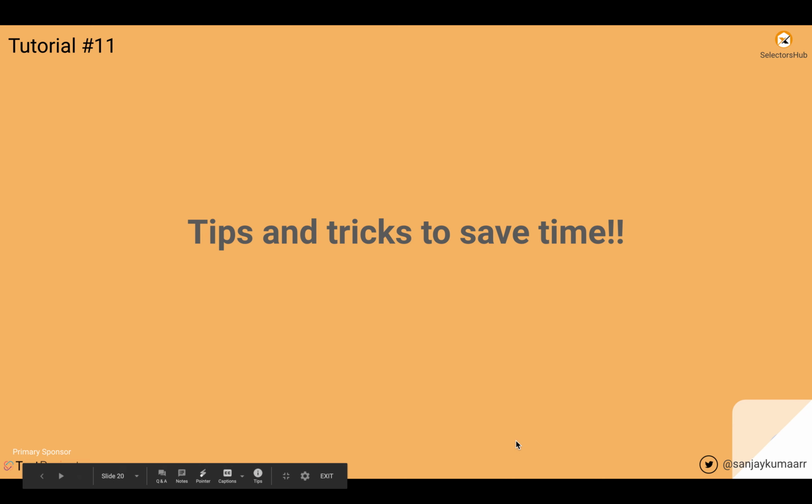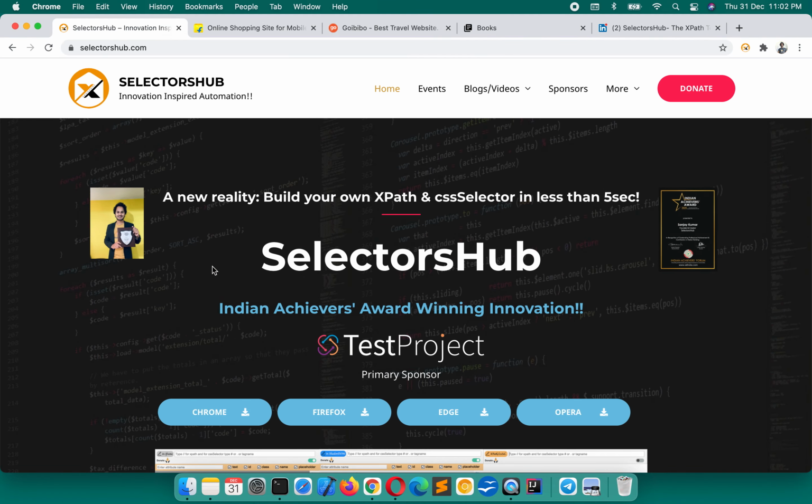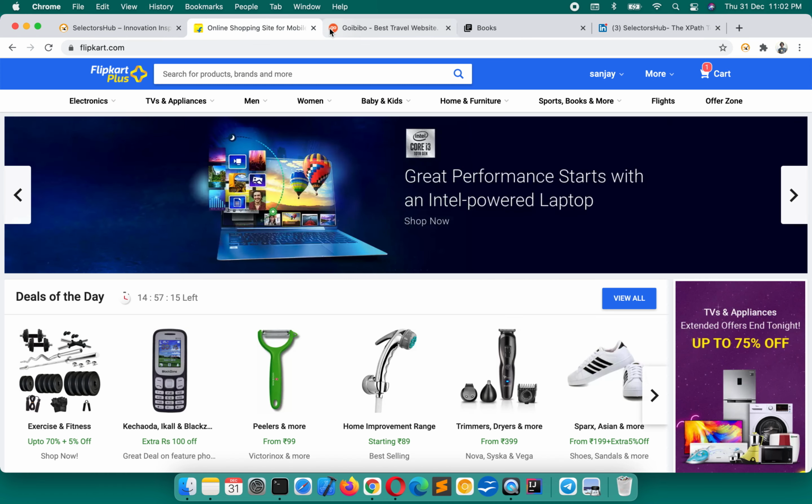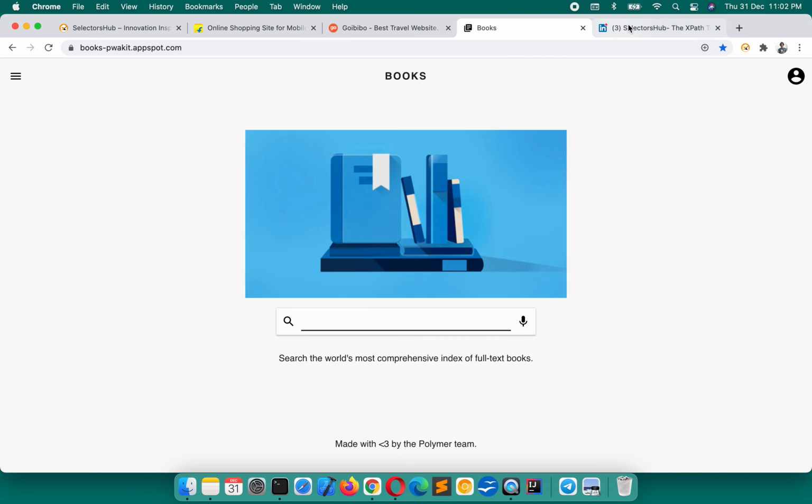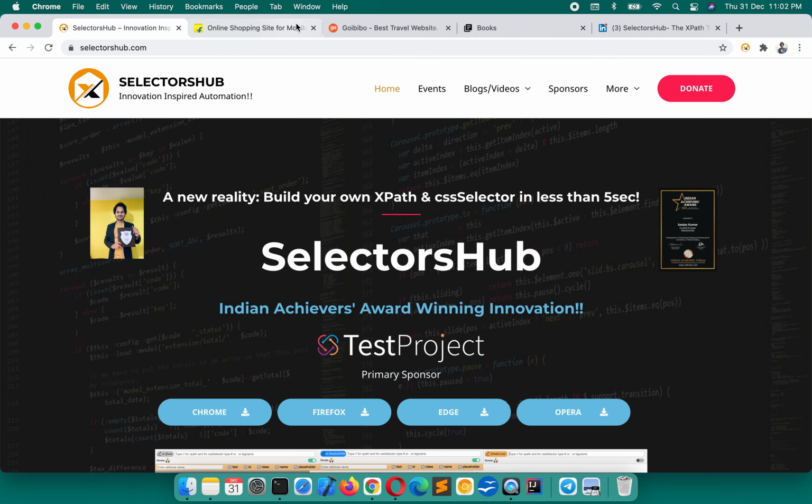Hello friends, in this tutorial we will see some of the great tips and tricks to save a lot of time and effort. Before that, I would really recommend and request that you practice a lot writing XPath on different websites, mostly e-commerce websites like Flipkart, Goibibo.com, some Shadow DOM sites, LinkedIn, Twitter, etc. Write the XPath on these websites, so you will get a lot of different kinds of scenarios, from which you will learn a lot, and try to write the relative XPath mostly with respect to some other element. That will really help you a lot.